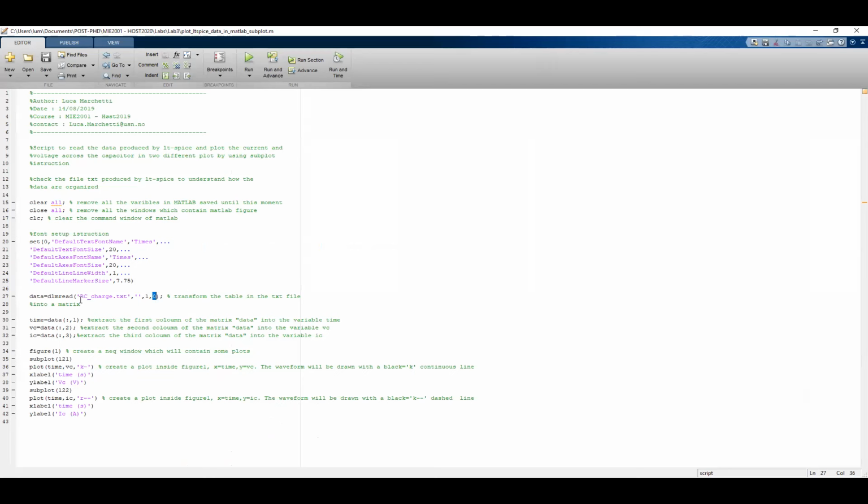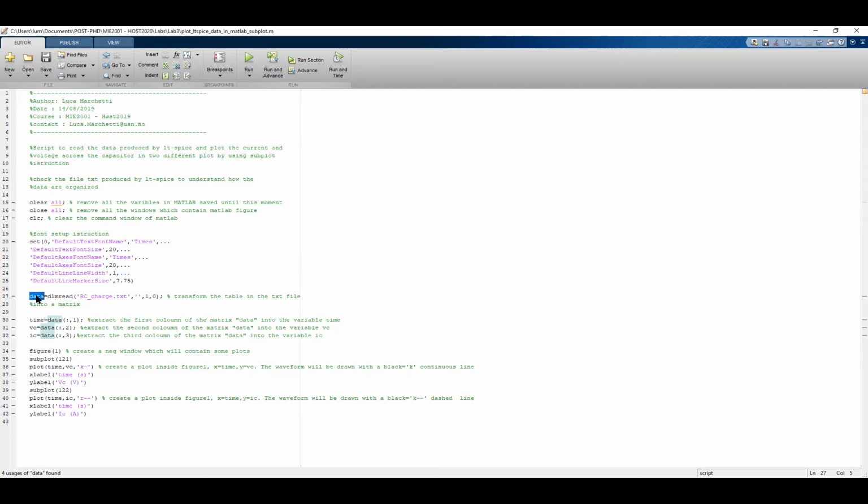And then this instruction reads all the data inside of the file and puts it in data, which is a variable. We create a variable, part of the memory of your computer, which is called data. You create a label called data and you store all the data there. Practically what will happen is that this data will have 3 columns and many rows as shown in the file